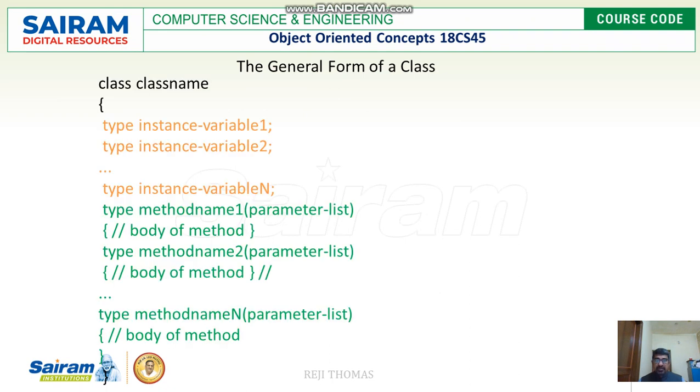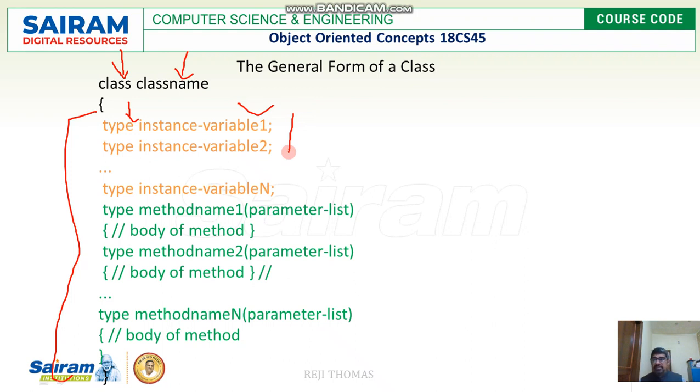So let us see the general form of a class. So normally every class starts with the keyword class. You could see here, which is having the keyword class. After this you have to give the class name. The class name can be of any name. It's an identifier. And whatever you do inside these two braces forms the class. If you look into this detail, where you can find the variable, we call it as instance variable, and you have to give the type for this. So this way you can have any number of instance variables.